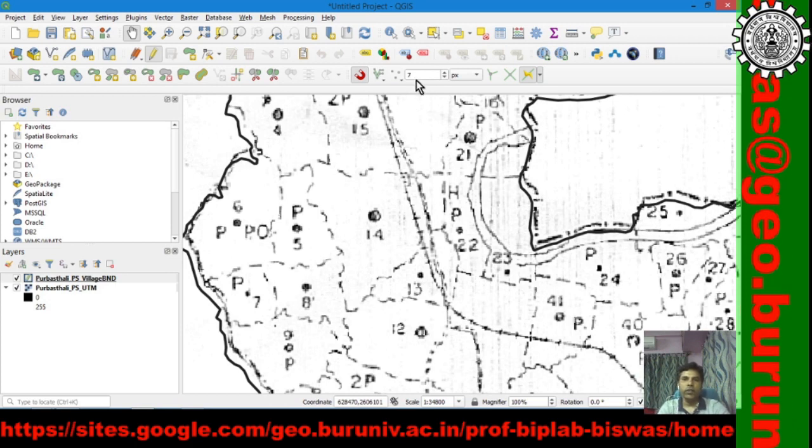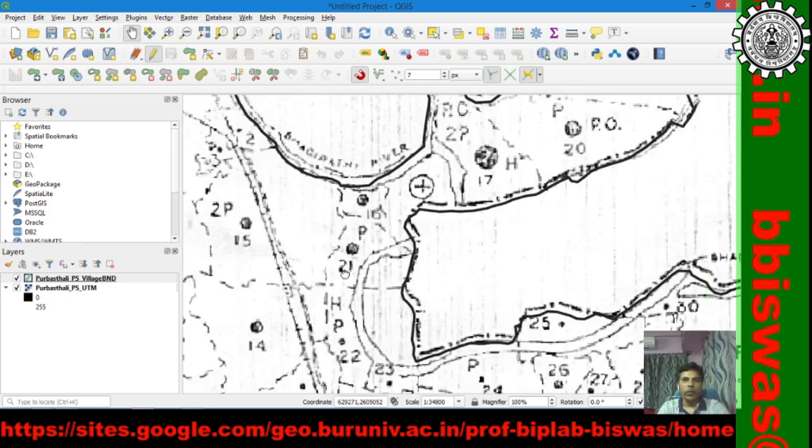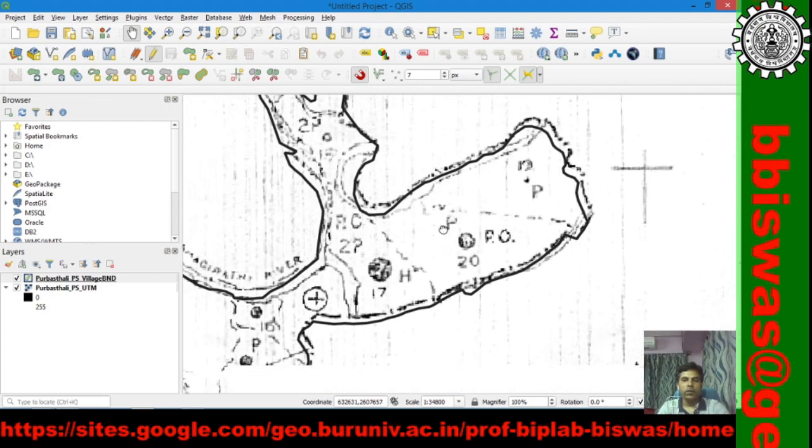So, we have 7 here, 7 pixels, and we can enable this topological editing for snapping.